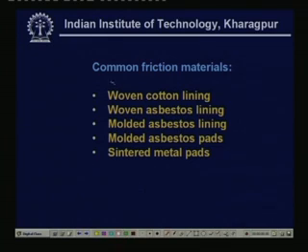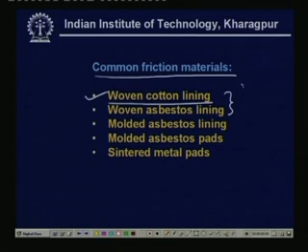the chart supplied by the suppliers, but the common friction materials are woven cotton lining, where there are cotton linings which are impregnated with resins and then polymerized. These are used for the heavy machineries. Again, woven asbestos lining, here the flexibility is a little less, but it is almost similar to cotton lining. Instead of cotton we have asbestos. Then molded asbestos lining, here we can have some metal also. This may be used for the drum brake,